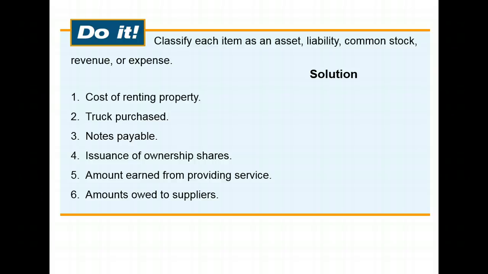Now let's look at a little exercise we're going to do. Classify each item as an asset, a liability, common stock, revenue, or expense. So I'm going to tell you again, assets are those resources we own that will provide us with a future benefit, which means this computer. Augsburg owns it. It's going to work today and it's going to work next year too. Do you see how it's going to provide us with continued benefit for a while? This building is a resource Augsburg owns that is going to last us for a lot of classrooms.